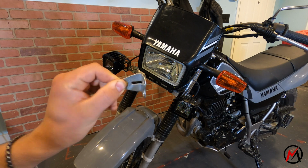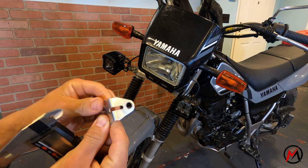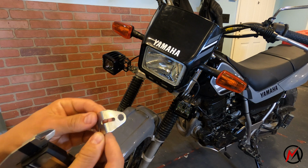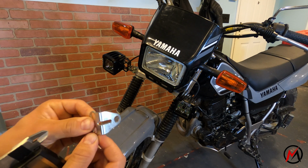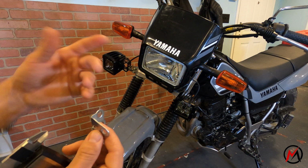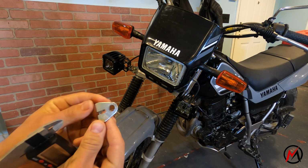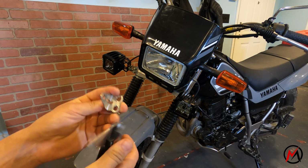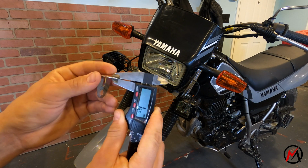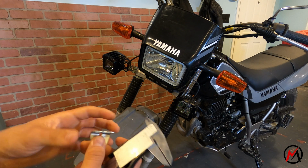It's a pretty thin piece of metal, nothing too fancy. It's got these little cutouts here, and that kind of weakens the metal, and it happened to crack right over there. I'm not sure if that's due to vibrations or bumps over time. Obviously, Yamaha wasn't expecting heavier LED pods like this to be mounted on this. Originally, this was just for the reflector, so it wasn't meant to hold a lot of weight. And as you can tell, this is a pretty thin piece of metal. We'll check it out. It's about 1.6 millimeters,